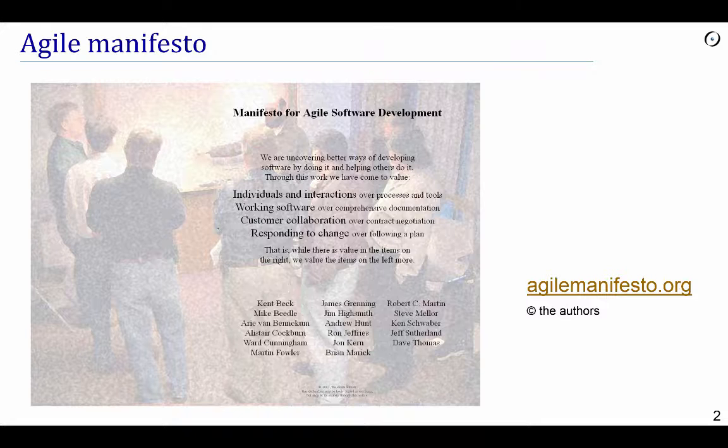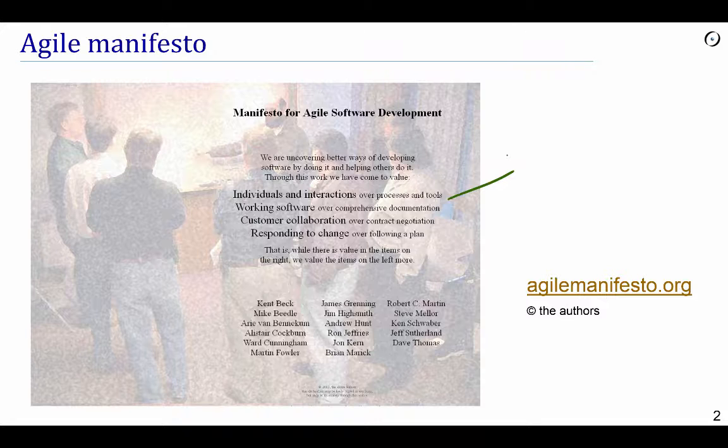So you can see the difference between the stuff on the left and the stuff on the right. The stuff on the right is really traditional, or viewed as traditional, management oriented techniques that emphasize projects that are strictly managed. And the stuff on the left is more into individuals and collaboration and informality and people. So going through the four elements here, individuals and interactions, rather than overly managed processes and tools.